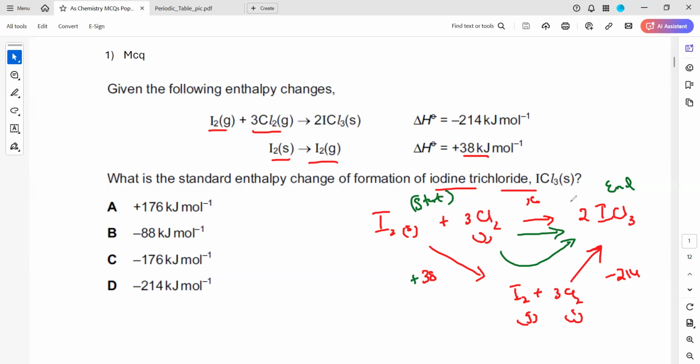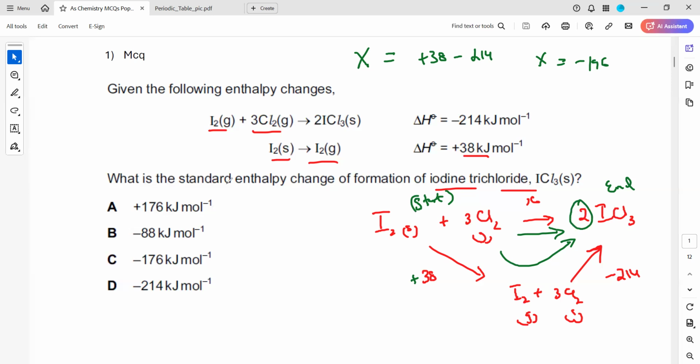So it means the energy of path 1, which is x, is equal to the energy of the second path, which is plus 38 and minus 214. So what is the value of x? Minus 214 plus 38. So we get negative 196. Now, this negative 196, as you can see, is the energy change when 2 moles of ICl3